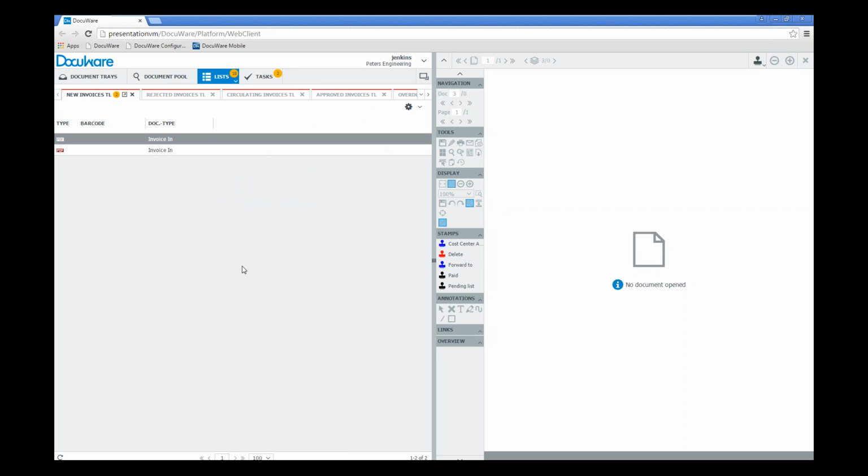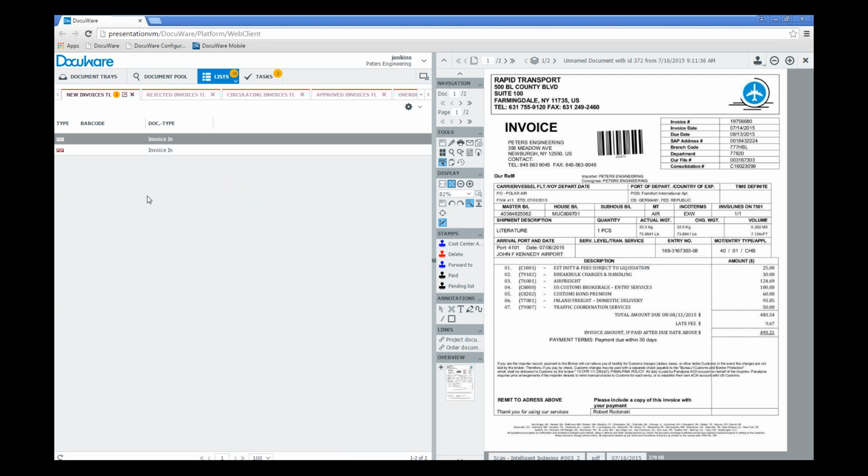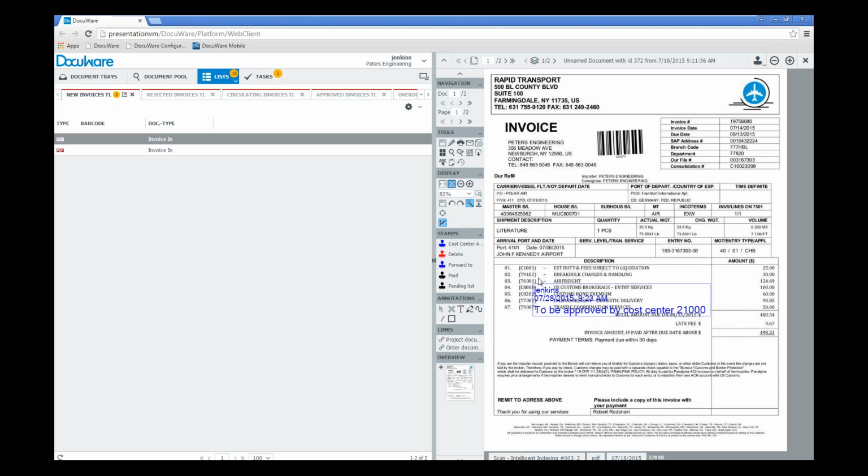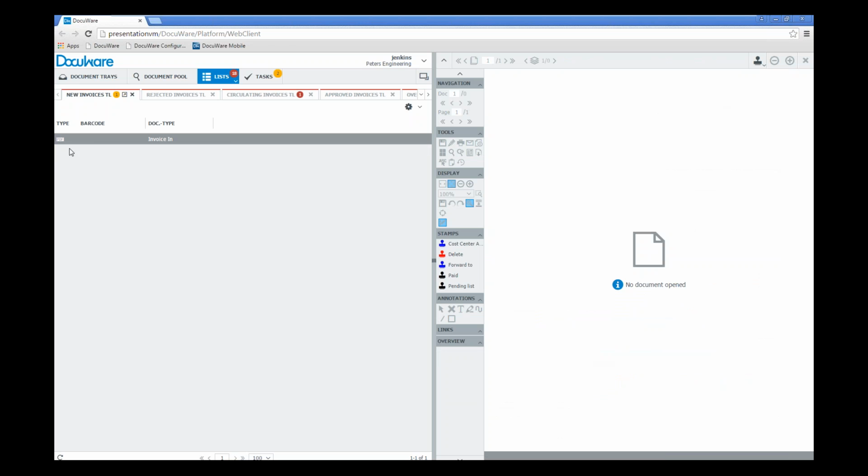So if documents come in that meet that criteria, part of my daily business might mean I open up an invoice from my new invoice task list, and based on looking at that document, I may have the assignment to send this document off to particular users in the system, and then based on that process, it will take the document and move it directly out of that list,